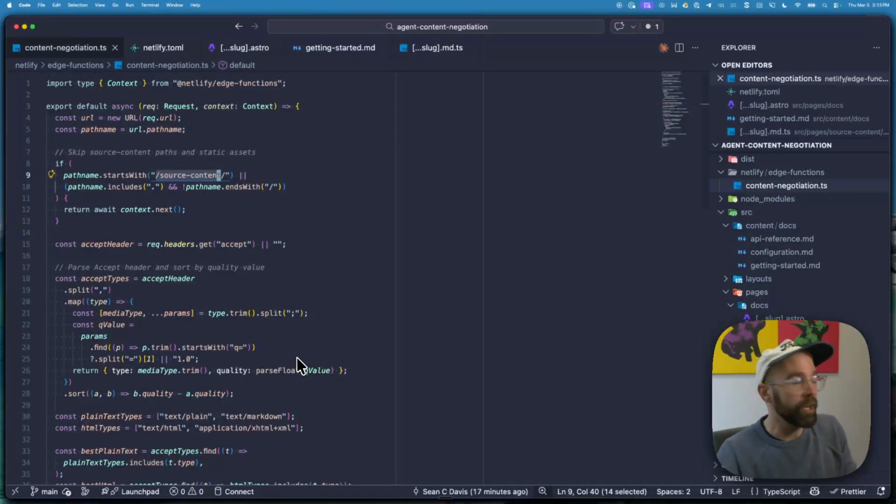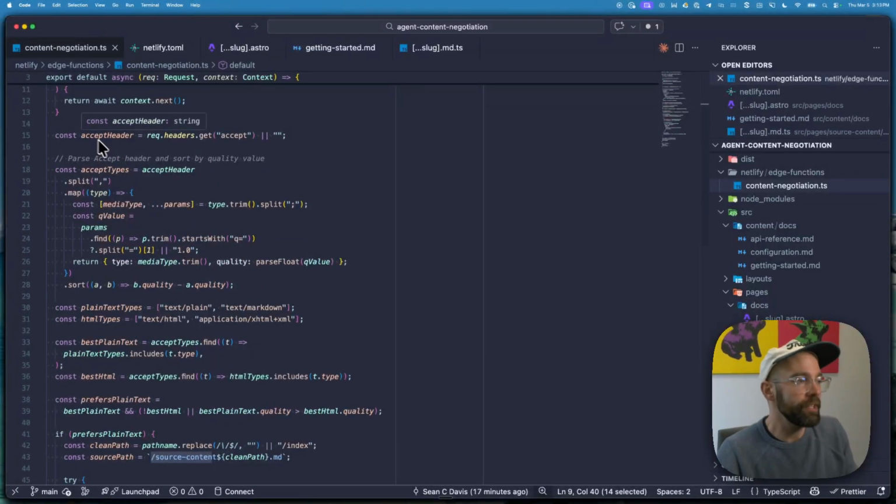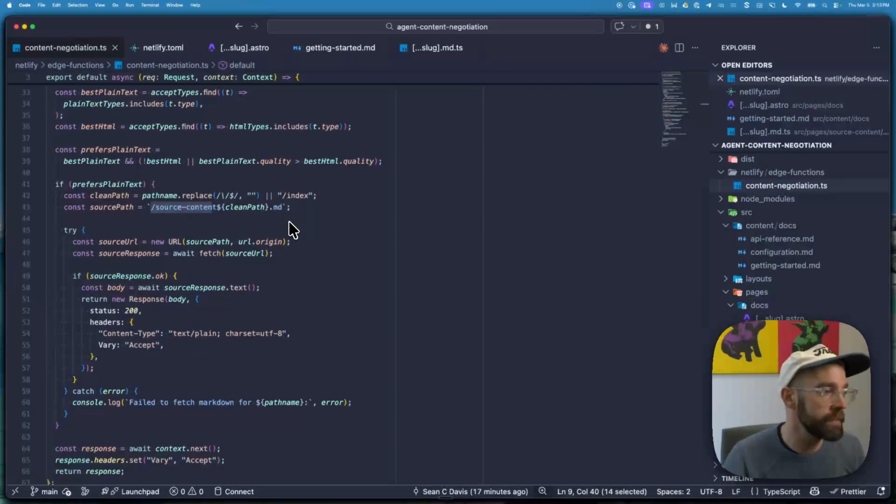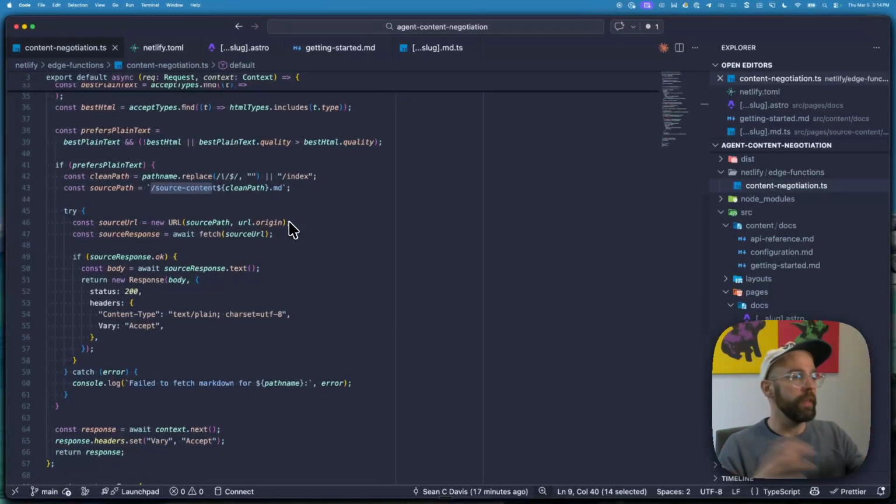Otherwise, we're going to go through that process of content negotiation. Essentially what we're doing here is looking to see, do we have that accept header, and is that accept header either text plain or text markdown? If it is, then we have the logic here where we go and fetch that raw content, and we return that content directly to the user instead. And that's how we can have the same exact URL return two very different versions of the page,